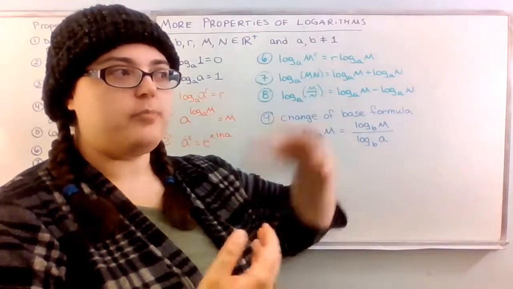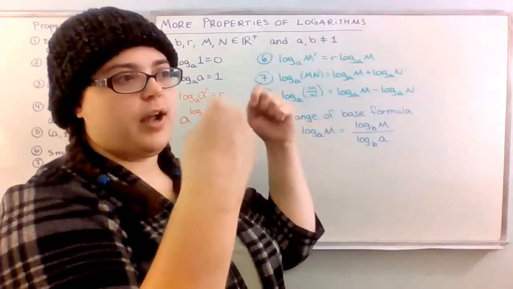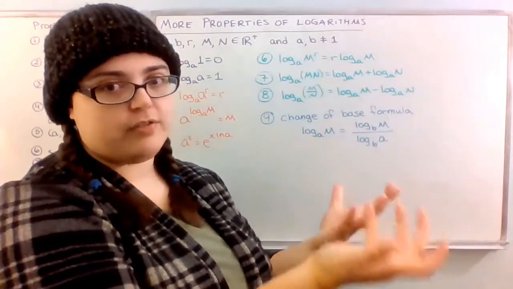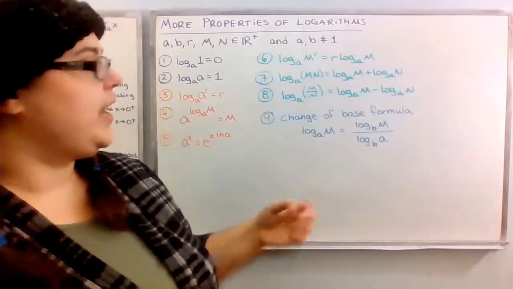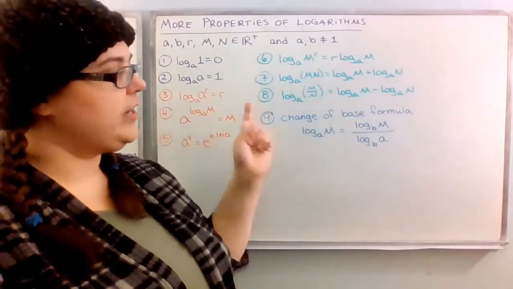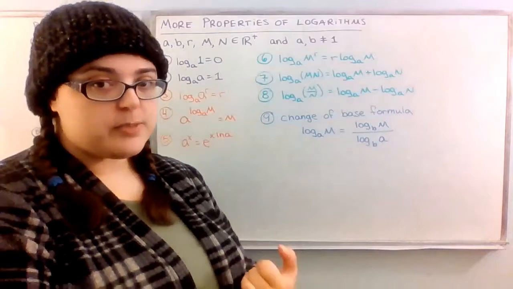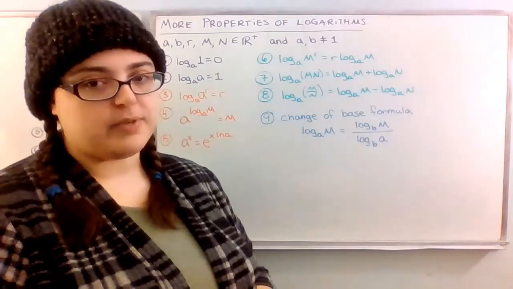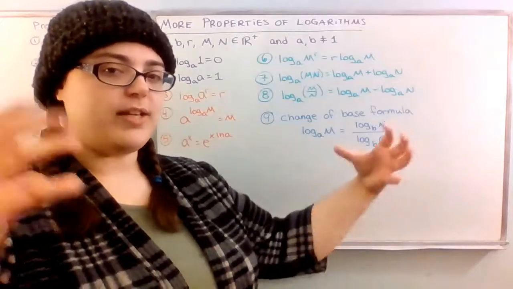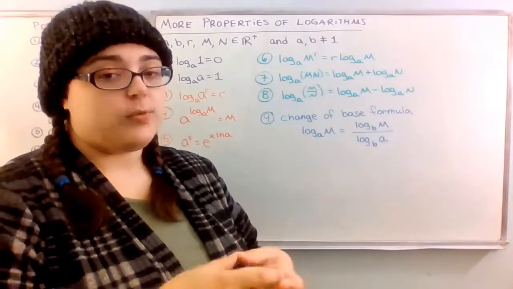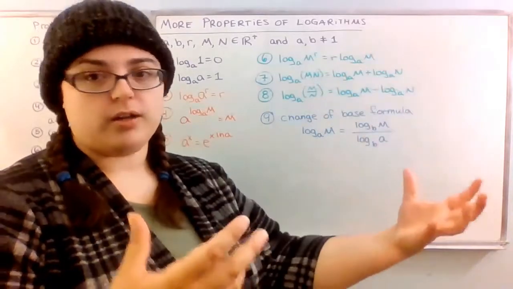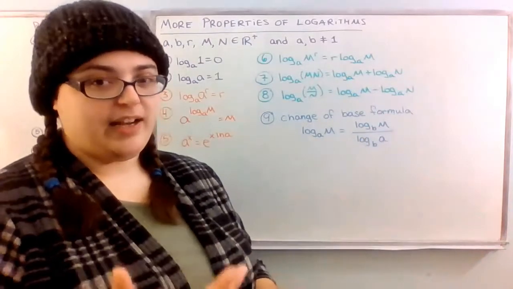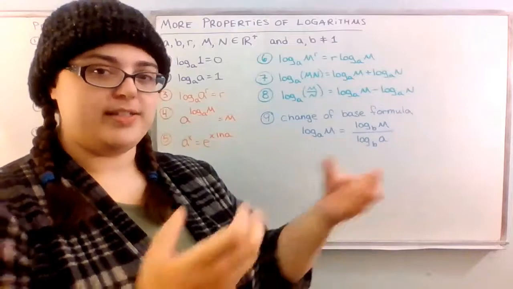They're not like our immediate step into solving, into bringing things out of the land of exponent or outside of the logarithm. Instead, properties 6, 7, and 8 can help us to evaluate exponential expressions. Or if we have an equation that has multiple exponential expressions, it gives us a way to combine them into one so that we end up with log equal to log, so we can set the arguments equal to each other. Just like if we had a to the u equals a to the v, we could set the exponents